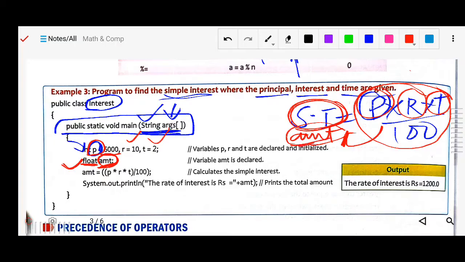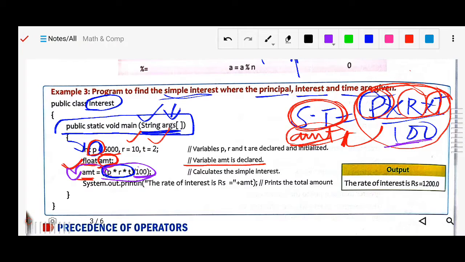And AMT is of float type, so that's how AMT is declared. Now we have written the formula: this whole value p into r into t will first be multiplied, then divided by 100, and whatever value we get will be stored in AMT.